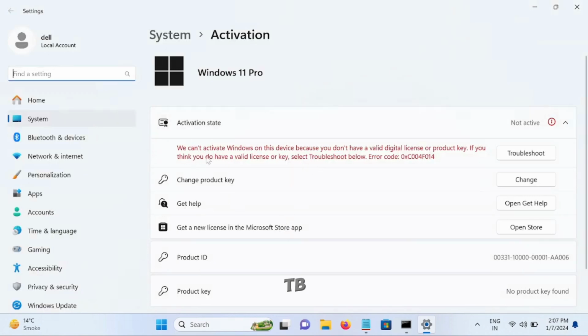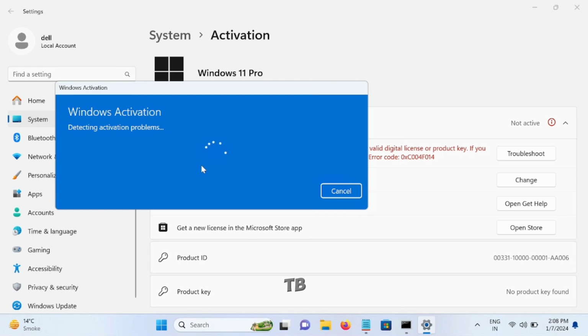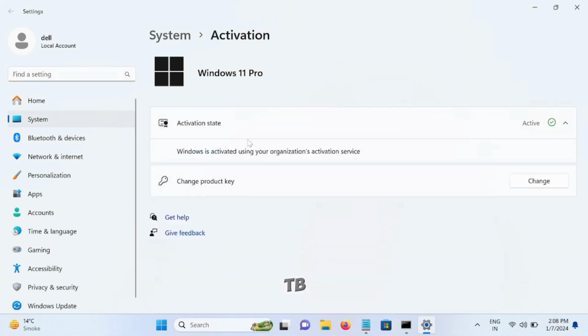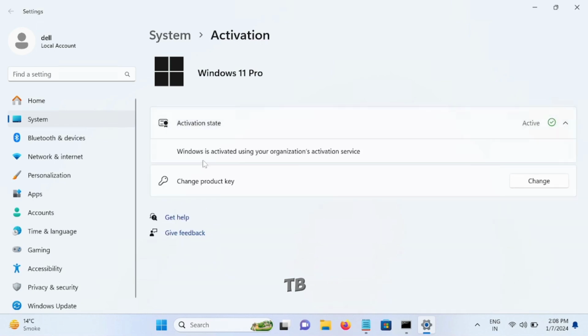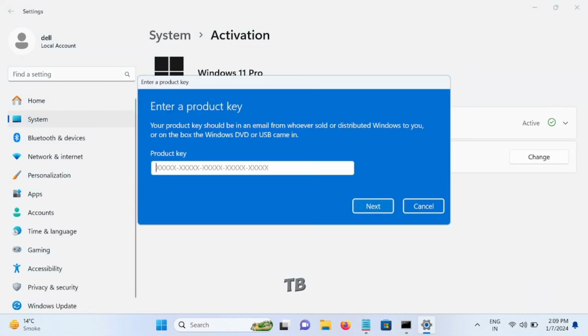If you have a genuine product key or have purchased a license, follow these steps. Click on Troubleshoot to allow Windows to automatically detect any activation-related issues. Wait for the process to complete and see if the issue is resolved. If the system detects and fixes the issue, you will see a message stating that Windows has been activated automatically using your organization's activation service. If you have a product key, click on Change Product Key, enter your key, and click Next to complete the